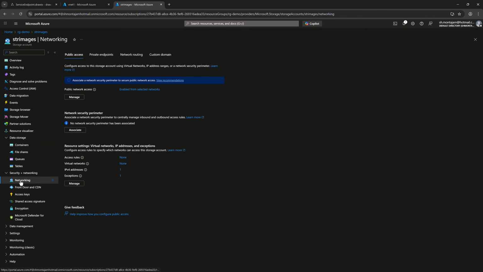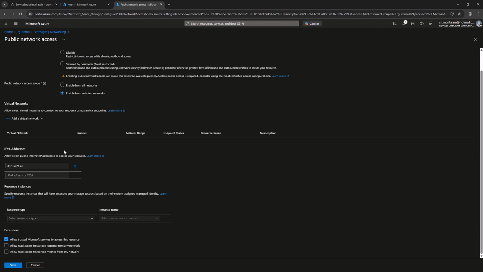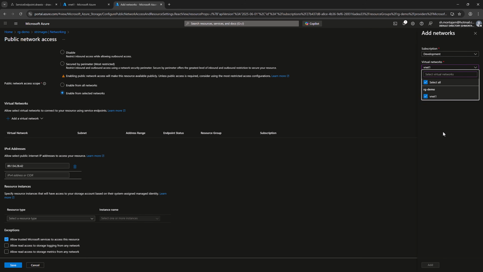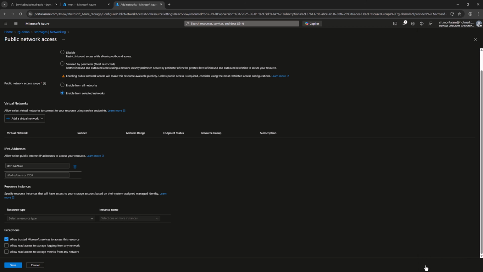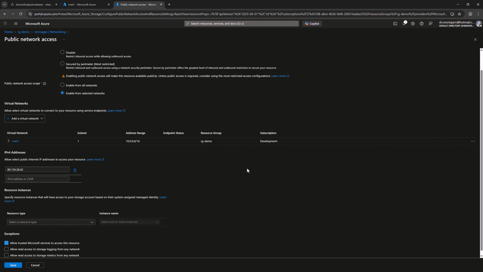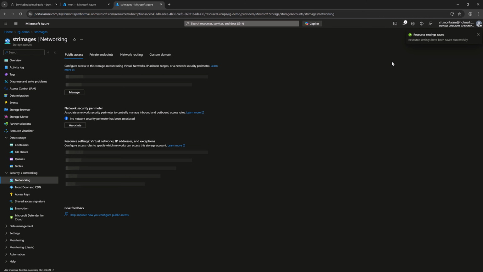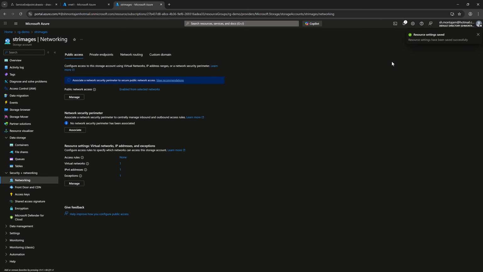Here we are on the networking menu again. I click manage. Here in this section, we need to add our existing virtual network. Subscription is development, virtual network VNet1, and our subnet. We need to save it. So now our service endpoint